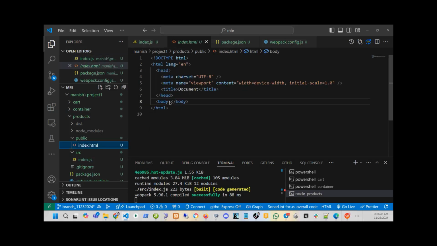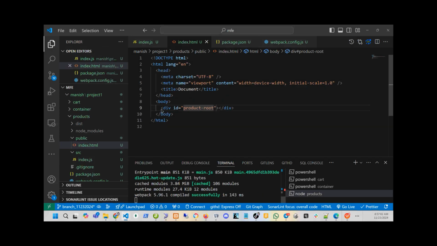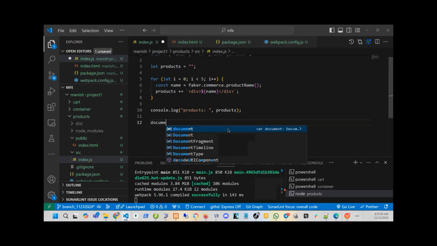Document.getElementById or querySelector. So here I will create a div tag in my HTML file. I will give it some ID, maybe I can say products-root. I can name it anything. I put products-root, and I go to the index.js file, and here I will say